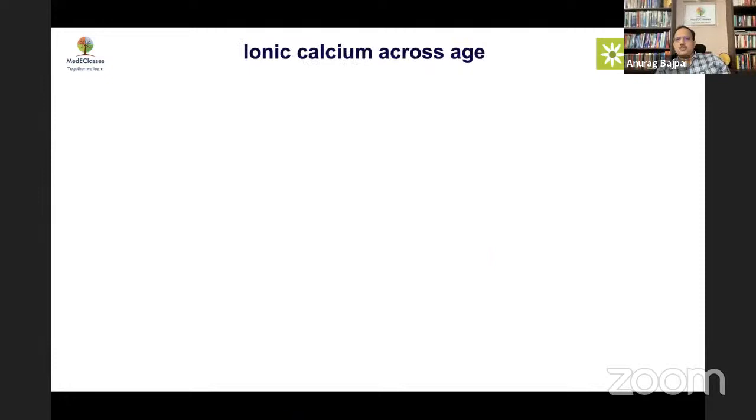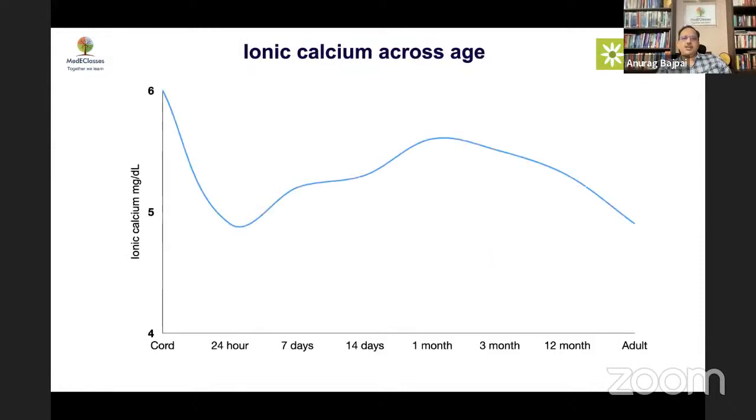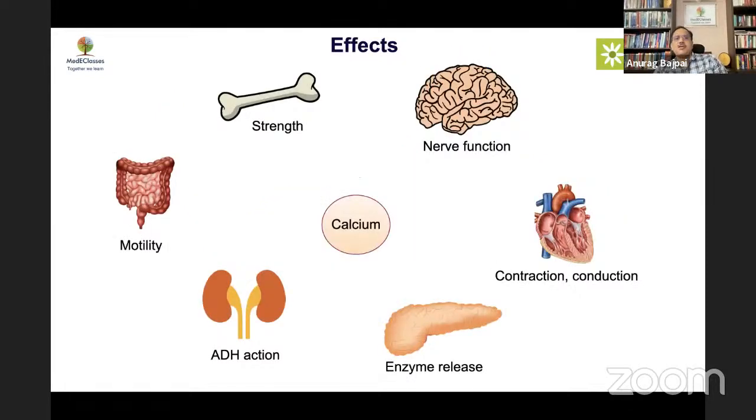So because of all this process, you may have a good adaptation. The calcium levels will drop to the nadir by around 24 hours, and by 7 days they will become normal, and this dip is much more for preterm. And when we talk about etiology, Vibha will talk about how this becomes relevant in that regard.